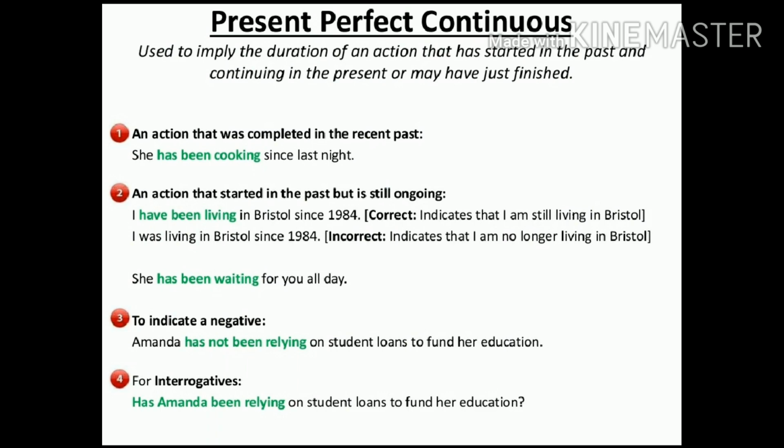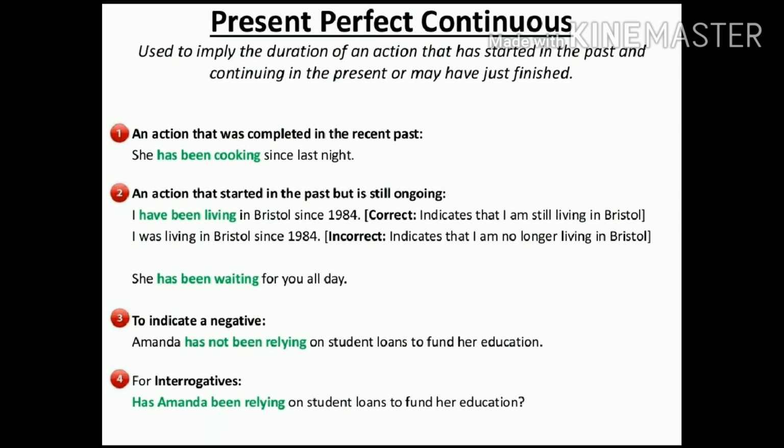So two instances: either you will indicate an action which started in the past and is still going on, or you will indicate the duration of an action that had started in the past and may have just finished. For these two types of actions, we will use present perfect continuous,